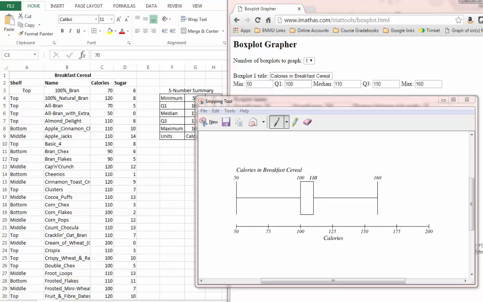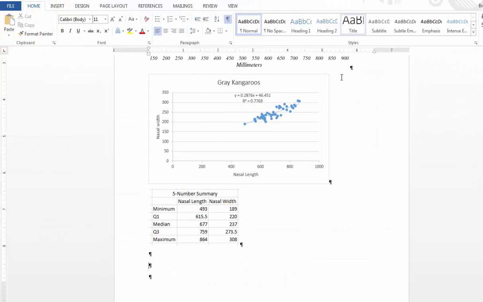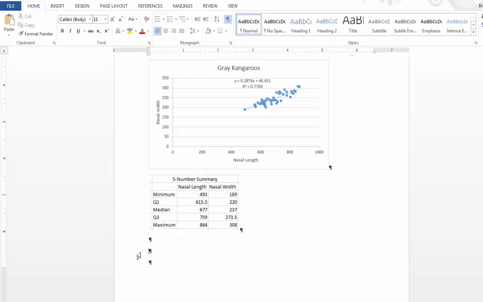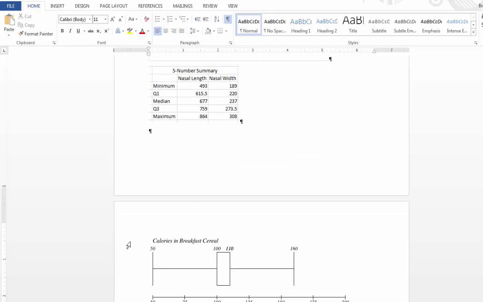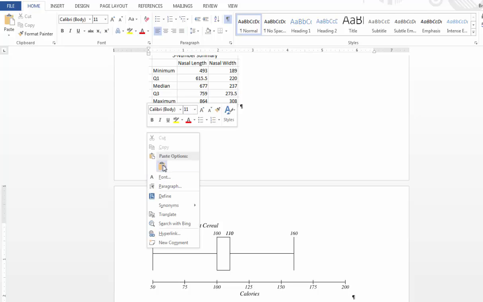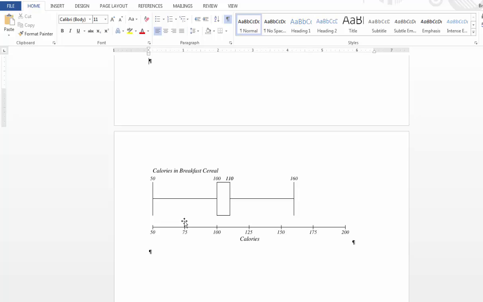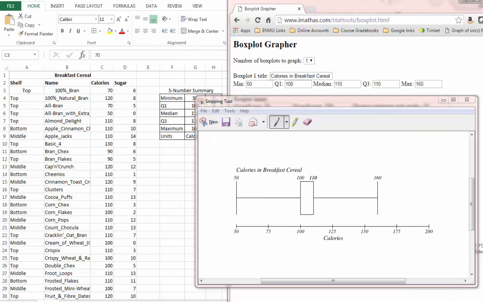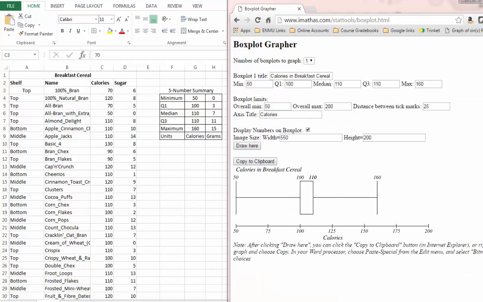And then I'll put it into my report in the appropriate place just by doing Control V, or I can also right click and do paste. That'll work just as well. And so here's the calories in breakfast cereal. Now I need to get the other box plot for the other variable, which was the grams of sugar. So move these things out of the way, and I come back,